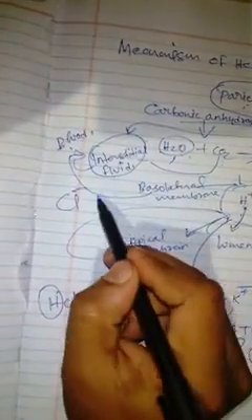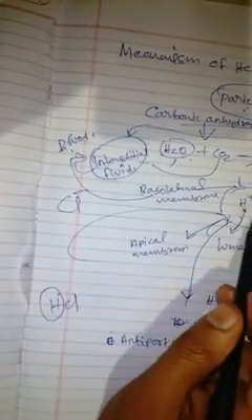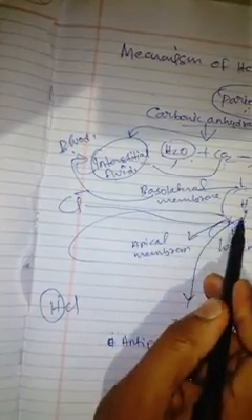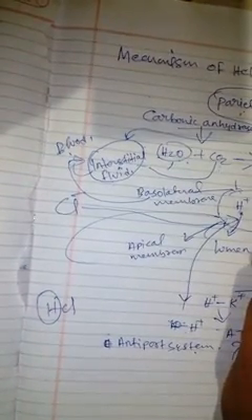So by antiport method, chloride comes into the parietal cells and bicarbonate moves into the interstitial fluid, and